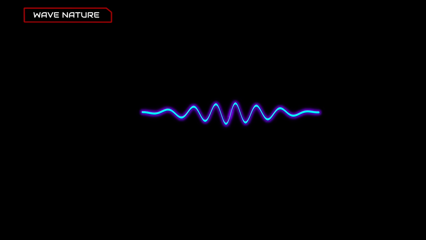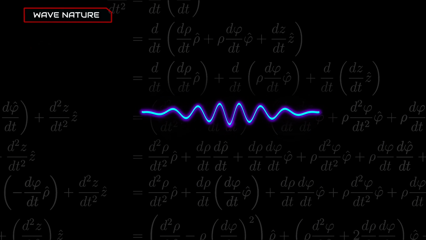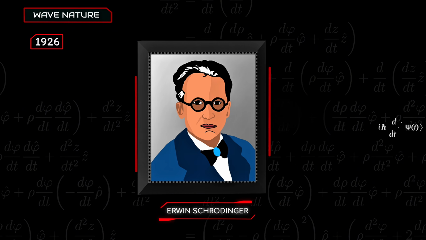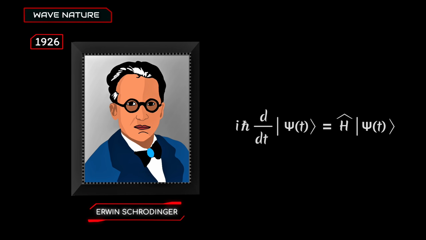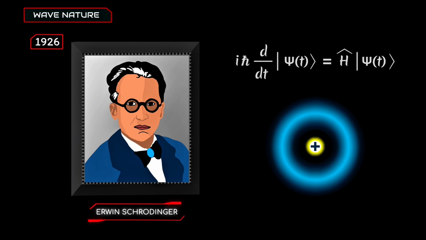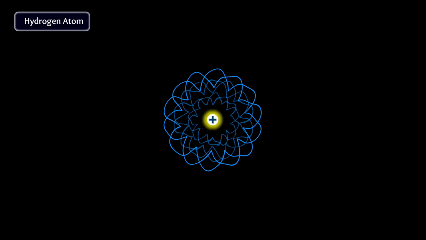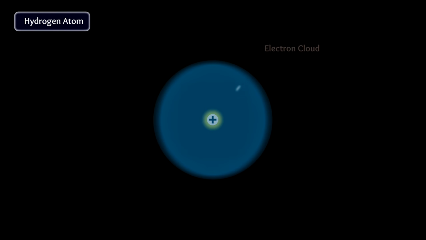To support and better understand the wave nature of matter, a more advanced mathematical framework was needed. In 1926, Erwin Schrödinger provided a mathematical formulation describing how electrons behave in a quantum system. In this case, our quantum system is an atom. Now, let's revisit the waveform of the electron in the hydrogen atom. Here, the electron exists as a waveform all around the nucleus, forming what is known as an electron cloud.